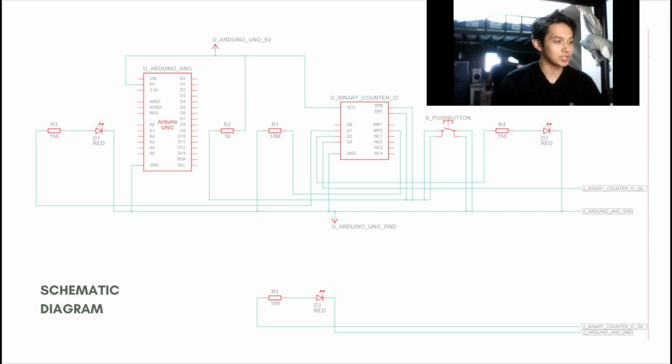So moving on to the schematic diagram, first let us discuss what the Arduino Uno is. The purpose of the Arduino Uno in the schematic diagram is to be the main source of power into the circuit breadboard. And then we can see that the 5 volts is connected to the positive charge of the breadboard through an R2 resistor, and is also connected to the VCC pin of the binary counter IC. And lastly, we can see that the ground port of the Arduino Uno is connected to the negative charge of the